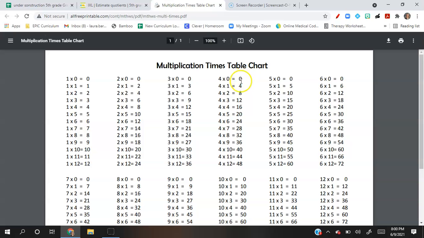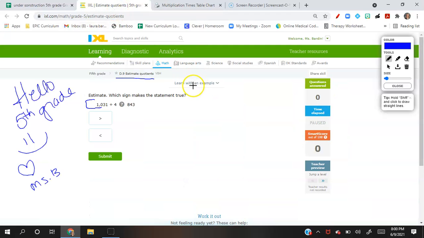Now, I want to get my answer closest to 10 without going over. Well, I have 0, 4, 8, 12. Oh my goodness, it's going to be 4 times 2 is 8. I bet you already knew that. So 4 times 2 equals 8. I am going to have